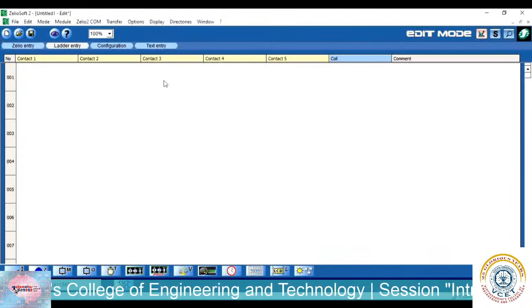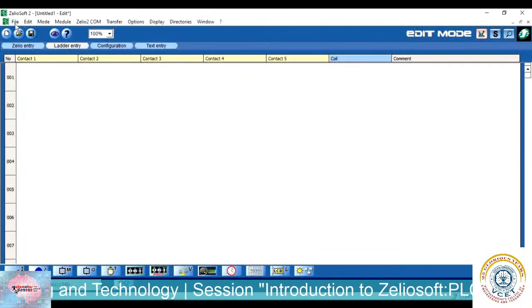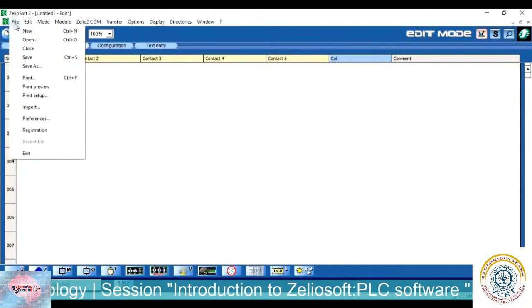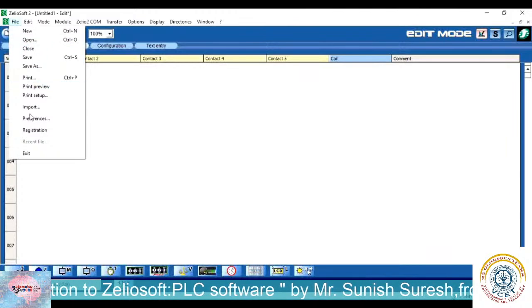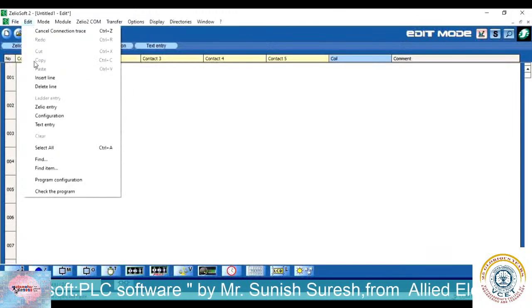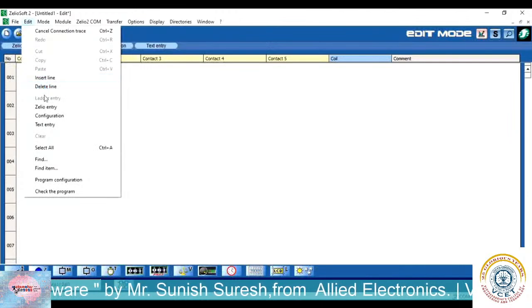Then you got the header section, in which you have various tabs available. You have the file tab, in which you can open, close, and save the program. Then you got the edit tab, in which you can insert a line, delete a line, and go into various